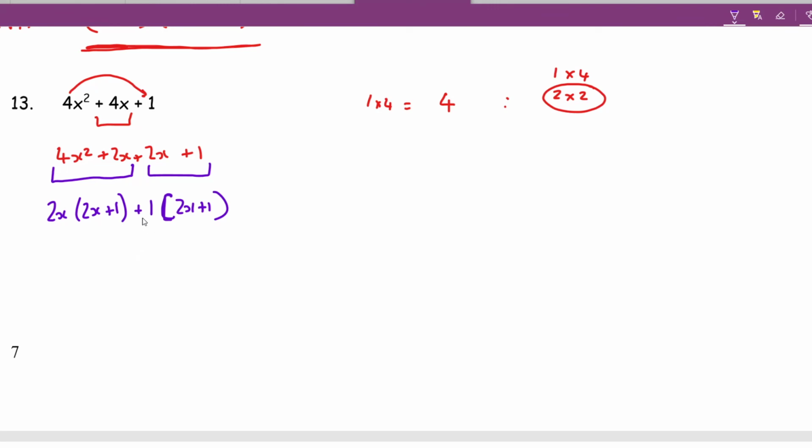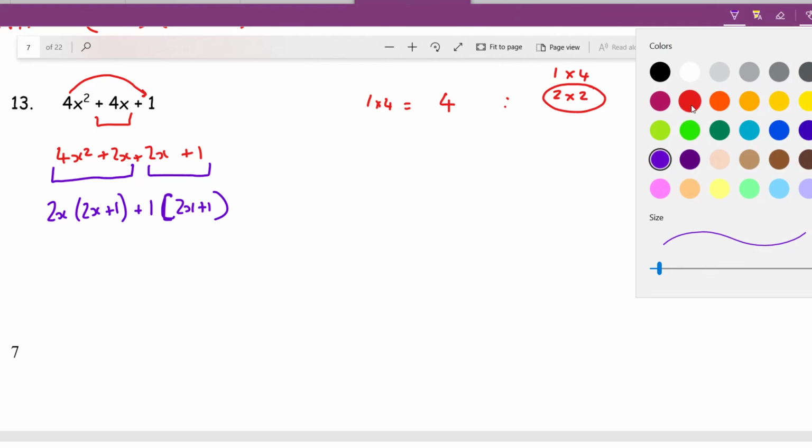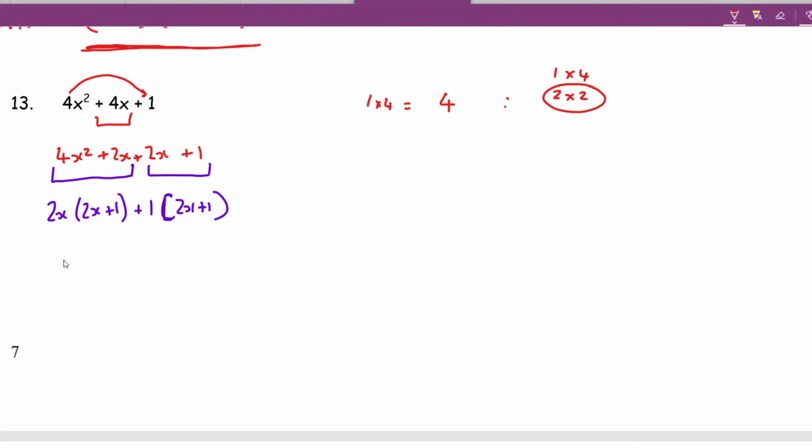So what happens here is we take the 2x plus 1, which is common to both, so factorize it, take that out, so we get 2x plus 1. And what's left is also 2x plus 1. So this is actually the same factor, 2x plus 1 times 2x plus 1. So we can write this even simpler by writing it as 2x plus 1 squared. That is a square number, a perfect square. We can just write it